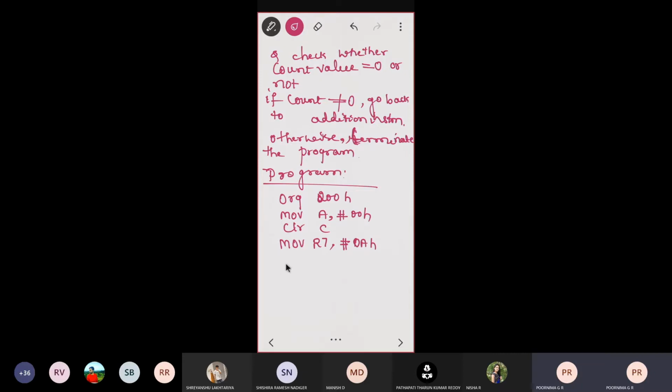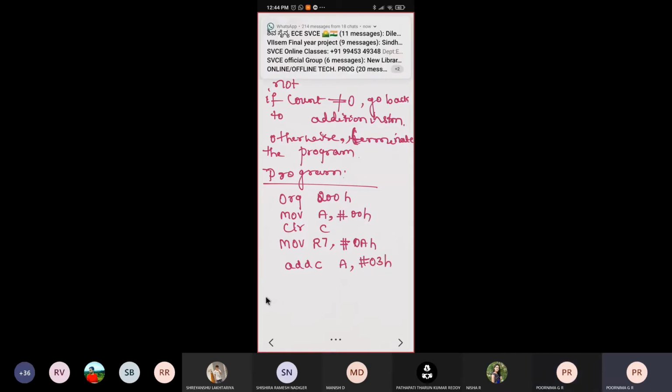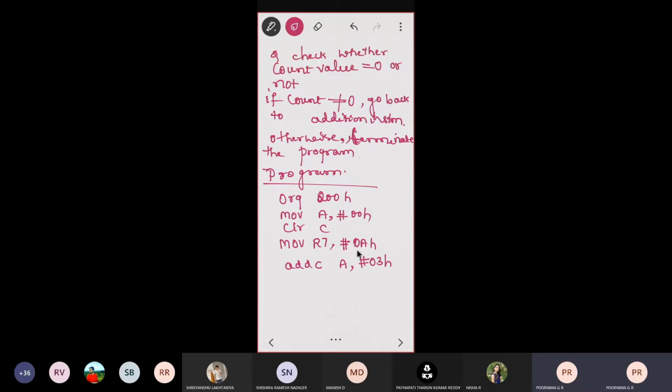Next, I'll write the first instruction, that is ADDC A comma hash 03H. So I have added the first time, and next I have to decrement this R7. Once I've added, the second time to add, I have to see whether R7 has reached 0 or not. So therefore one more instruction I'll use,